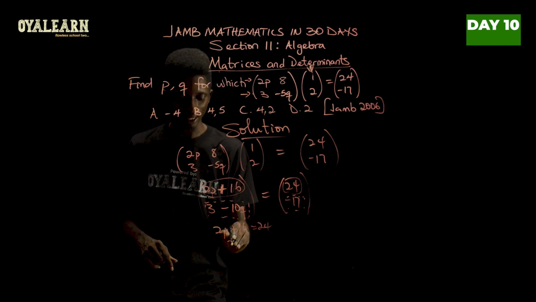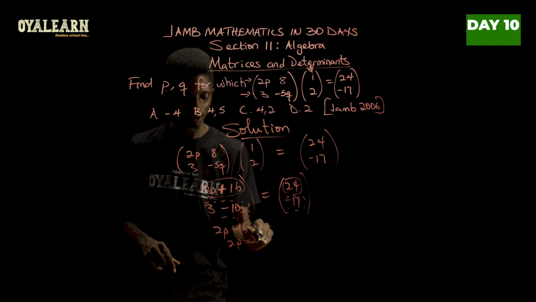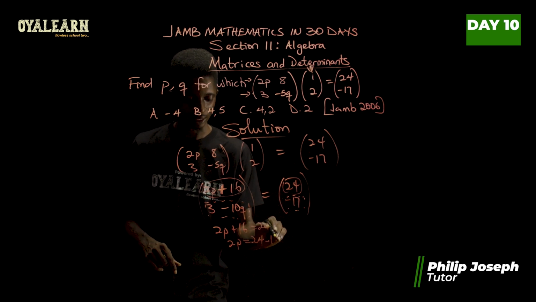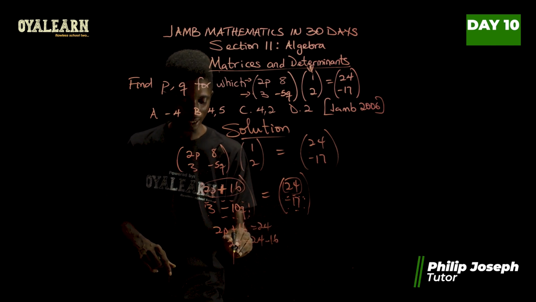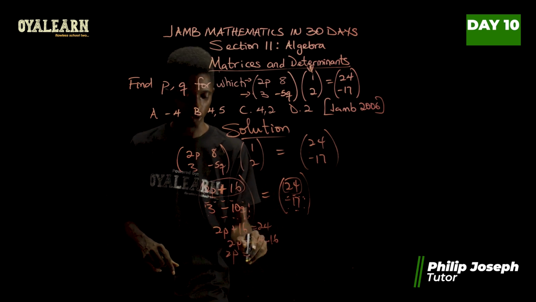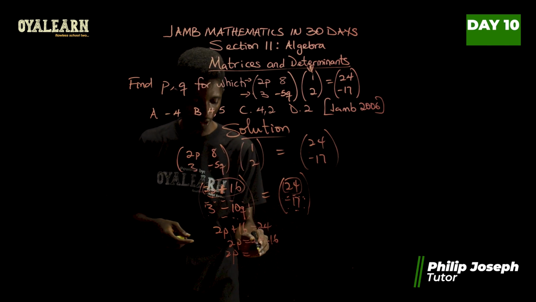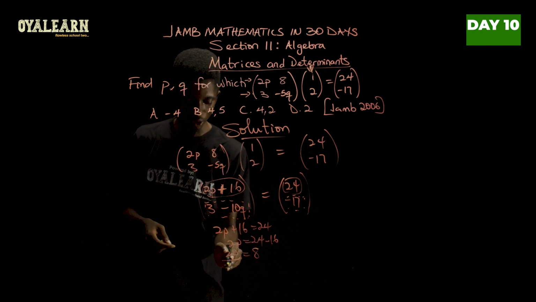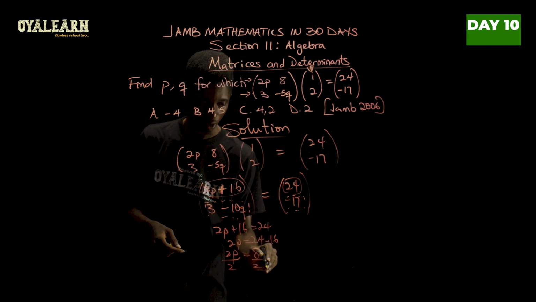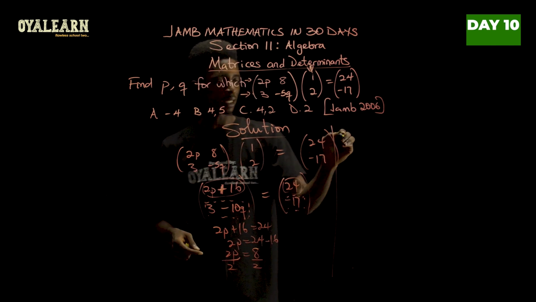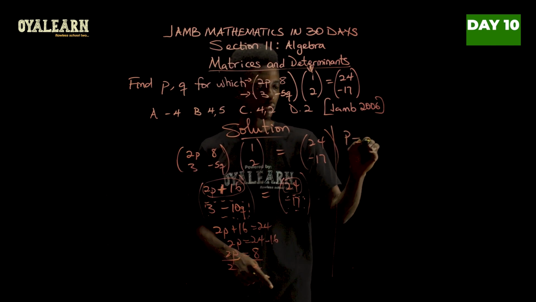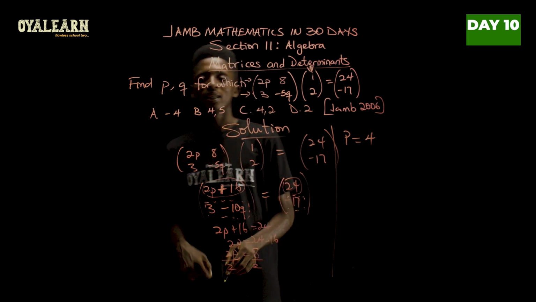And from here we say that 2p equals 24 minus 16, which implies that 2p equals, now 24 minus 16 will give us 8. So dividing both sides by 2, we then say p equals 4. Now to find q,